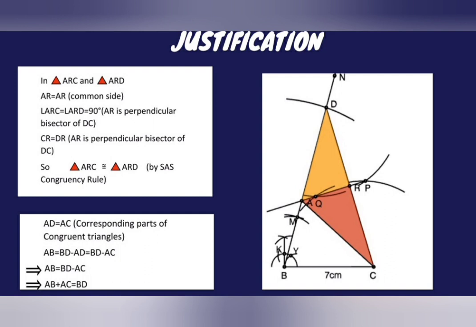That justifies our construction, that why we took BD as the sum of the two sides and we had proceeded in our construction. As you can see in the construction, we took AB plus AC. AB plus AC was given as 13 centimeter and we took BD as 13 centimeter. That is the sum of the other two sides of the triangle that we required, that is triangle ABC. Therefore, triangle ABC is the required triangle.